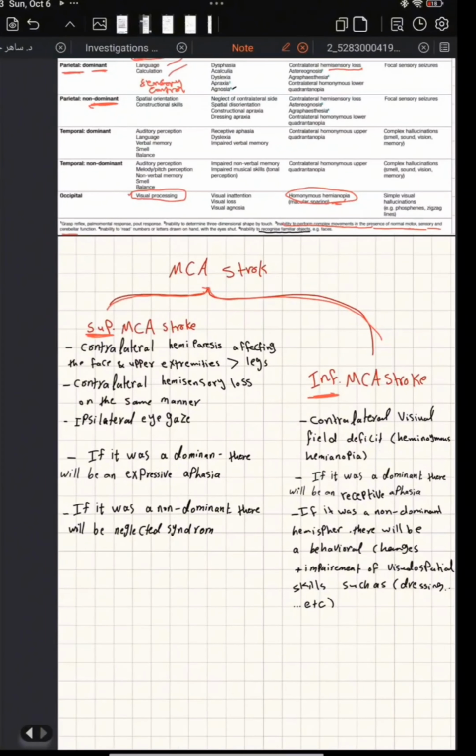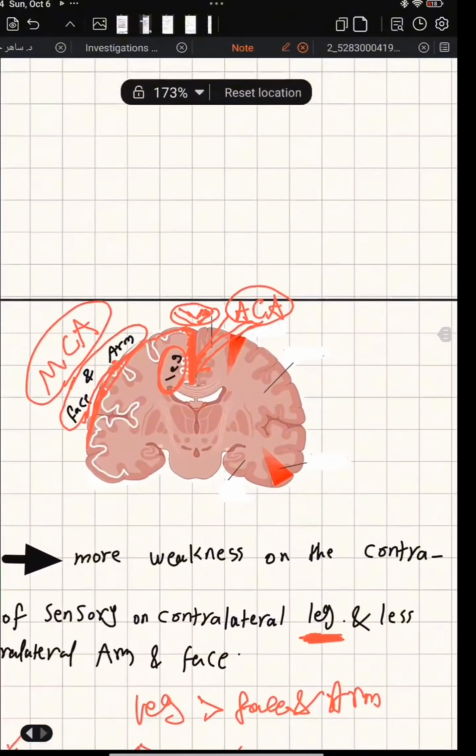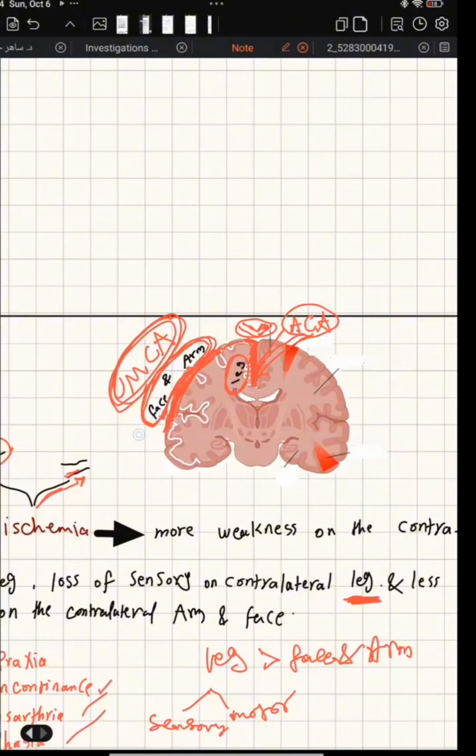As we said, the middle cerebral artery supplies the lateral surface of the parietal and frontal lobe, and the lateral surface of the parietal and frontal lobe is responsible for the sensory and motor of the face and arm. So any problem within the middle cerebral artery will result in a problem within the face and arm, motor and sensory. Okay,